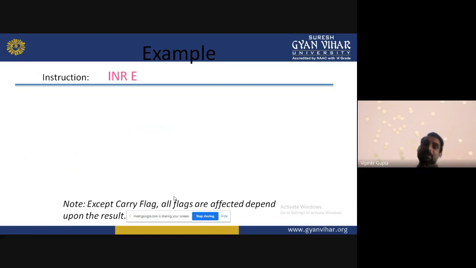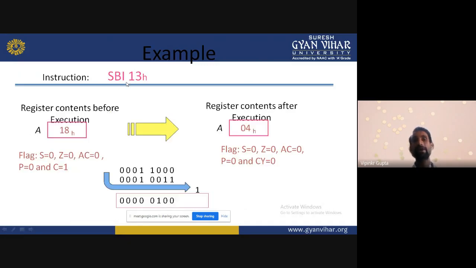Now the important topic is increment. Up to here we have discussed addition and subtraction: addition without carry, addition with carry, addition immediate. One more thing I left is the addressing mode and length. What addressing mode is there? It is the immediate addressing mode, because the data is given within the instruction. That's why it is immediate addressing mode, and the length is 2 bytes.